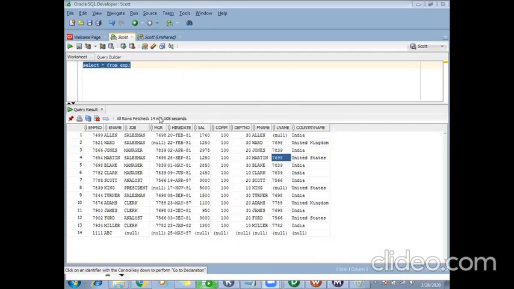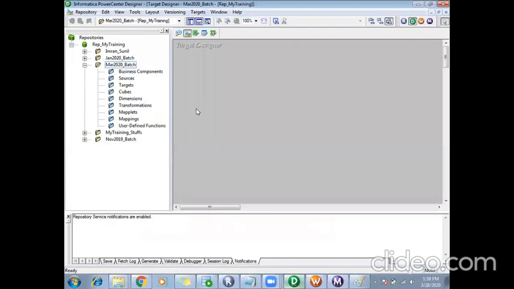No problem. So as I told, the source is a table in my database. Now I have to create this source in Informatica. So how can I do it? I can go to my Source Analyzer. If I go to Source Analyzer, you can see in the menu tab it shows Sources. If I change to Target Designer, in the menu it changes to Targets. So first I'll go to Source Analyzer here and click on the menu Sources.